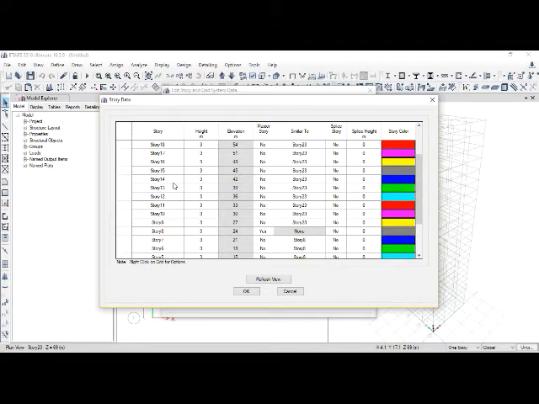Similarly, between 9 to 14 the stories are same. So we'll keep the 14th story as the master story, and we'll change everything else below the 14th story to similar to 14.